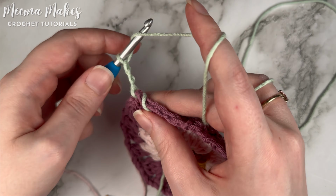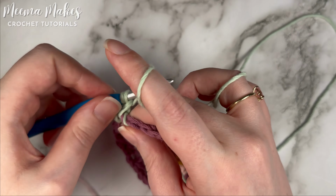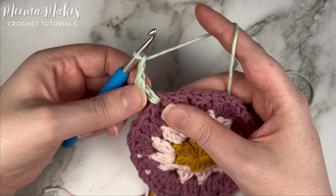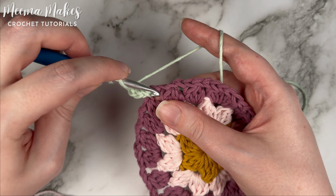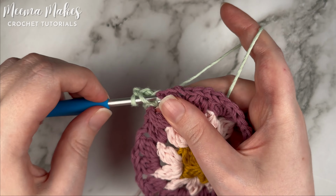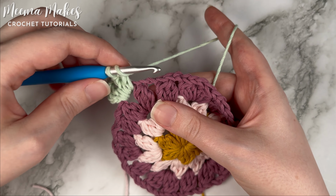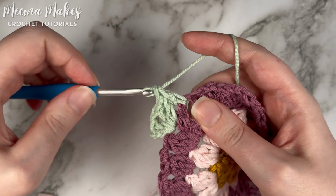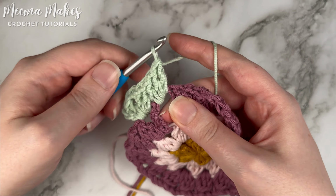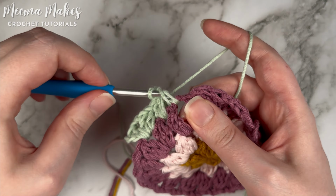Now work another double crochet stitch back into that same chain space. I'm going back in there to make one double crochet. Next, chain 2, this is your corner space. Then work 2 double crochets back into that same corner space. So 1, 2. Into the next space, work 3 double crochets. So 1, 2, 3, and do the same in the next chain 2 space as well, so 3 double crochets. 1,